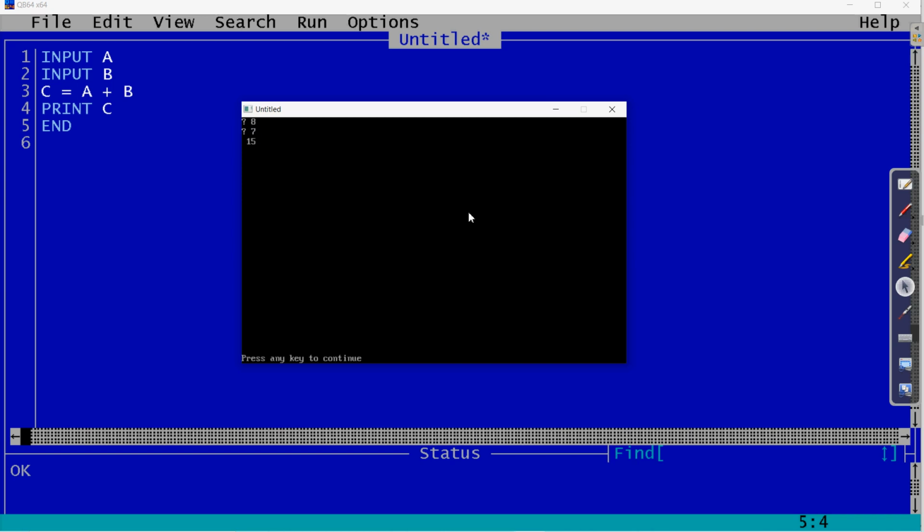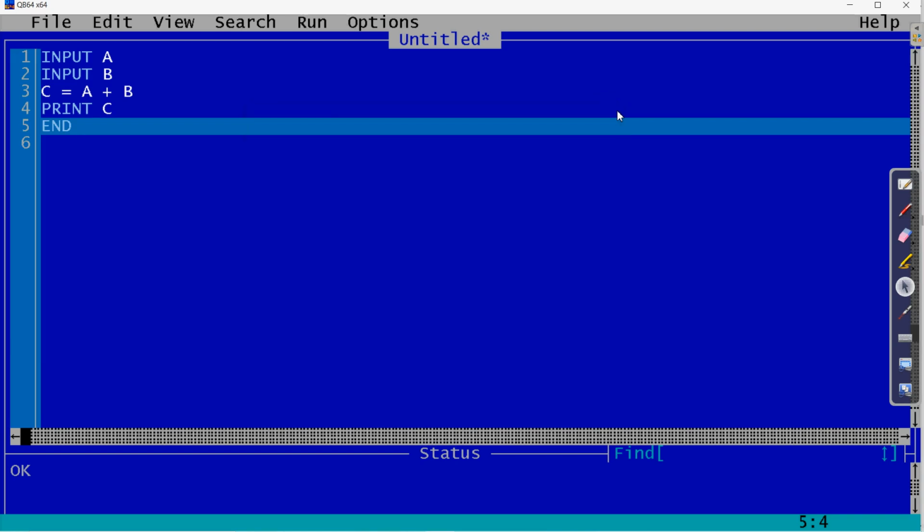So this is giving you the sum, that is C. So C is 8 plus 7, that is 15. Clear? So I hope this is clear. Earlier, we could write any numbers in the program, but right now, we give the numbers after we have written the program, while it is executing, and it asks you to give the numbers. So this is the use of the input command, so that we can assign any value to a variable during execution of the program. Okay, let us come again to the book.